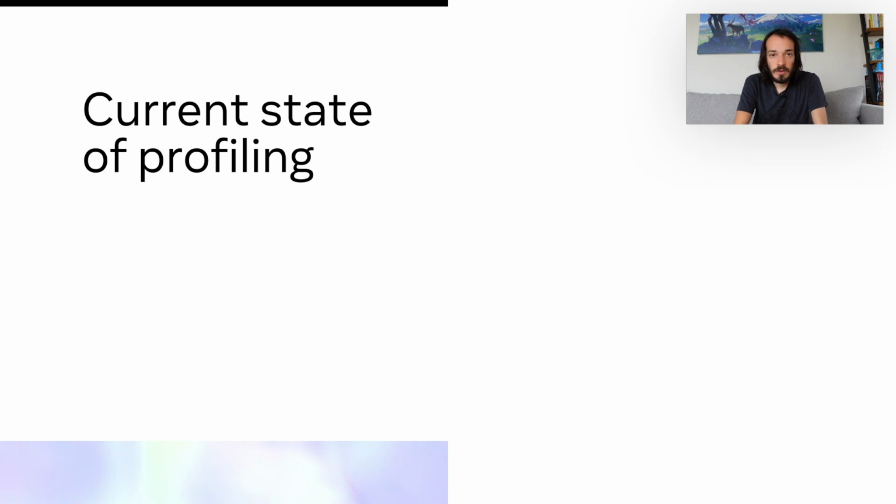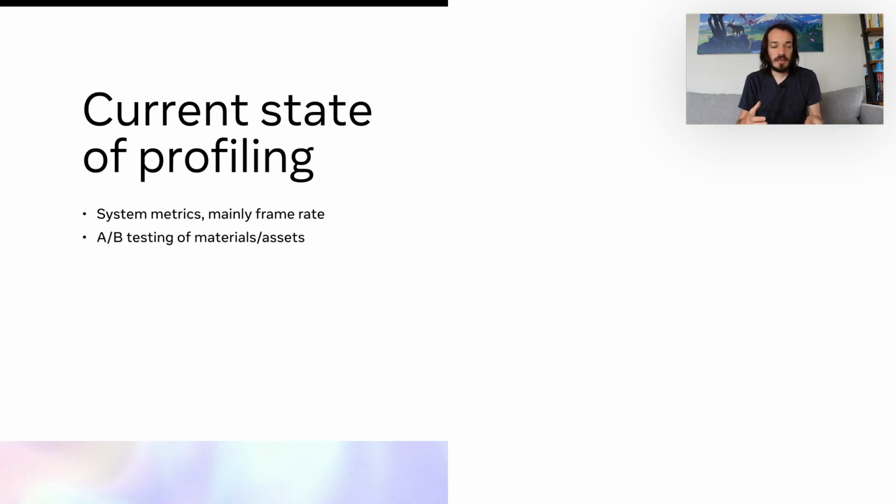So before we add anything to it, I did want to do a quick review of what people usually do right now. So you can ask the operating system right now to give you a bunch of system metrics. The first well-known one is frame rate, but there's also others that I'll go through later. And the usual framework is to use those system metrics to then do A/B testing of your materials